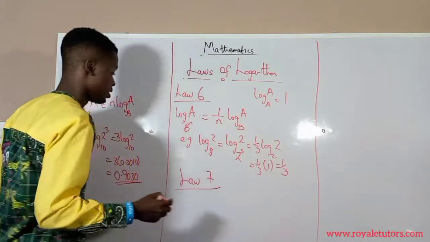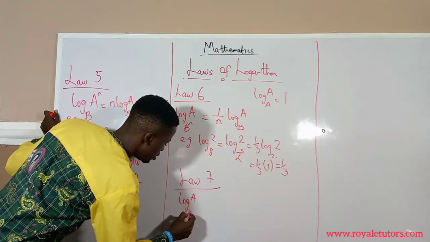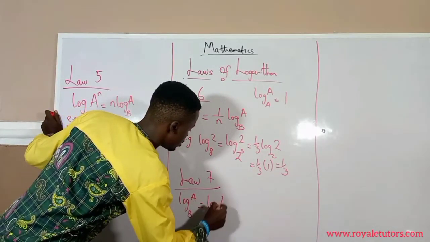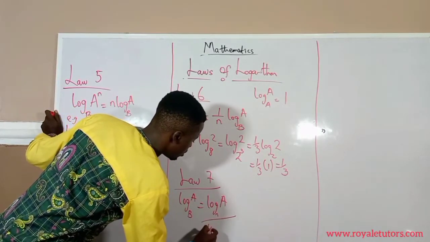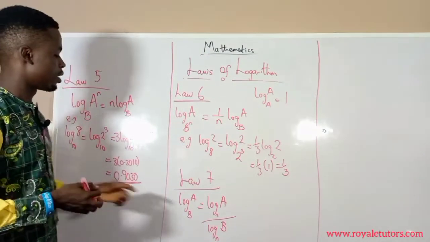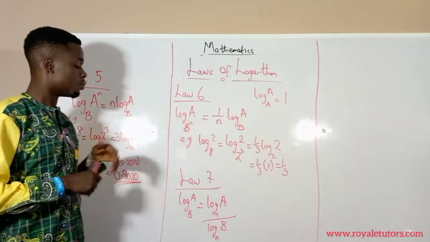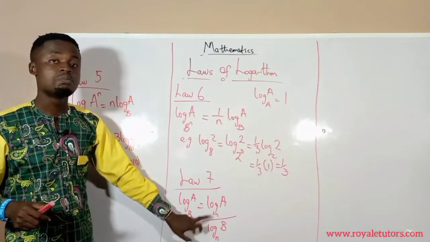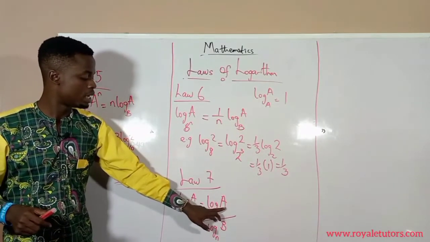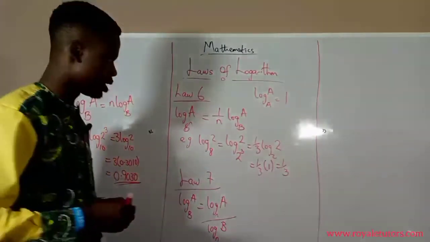Law 7 is a very interesting one. It says that whenever you have log a base b, it is the same thing as log a base n over log b base n. So whenever you have log a base b, you can split it into 2 logarithms standing on themselves, but the logarithms must be of the same base. So if you have log a base b, you can split it to log a base n over log b base n. For example, let's say we have